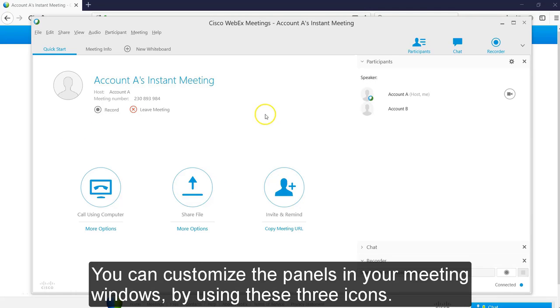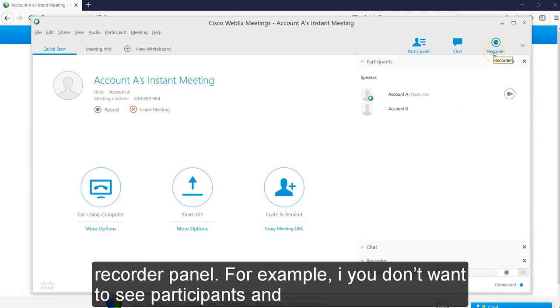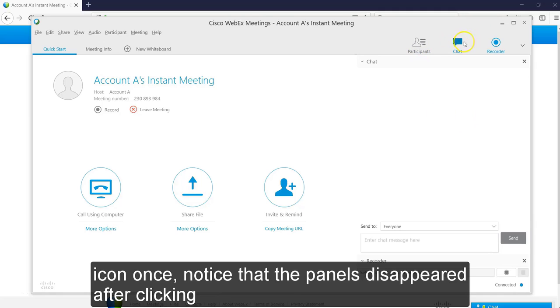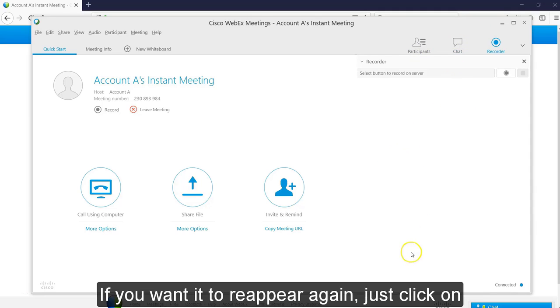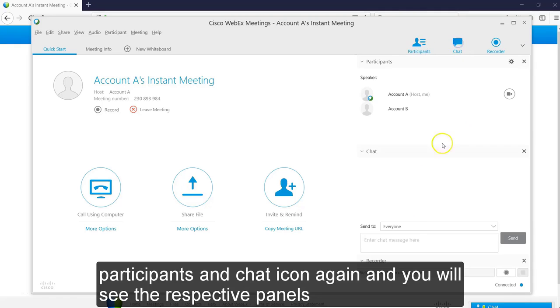You can customize the panels in your meeting window by using these three icons. Here the panels I am talking about are the Participants, Chat and Recorder panels. For example, if you don't want to see the Participants and Chat panels in your meeting window, just click on the Participants and Chat icons once. Notice that the panels disappeared after clicking. If you want them to reappear, just click on the Participants and Chat icons again and you will see the